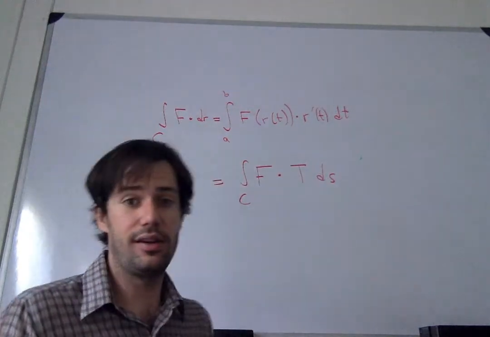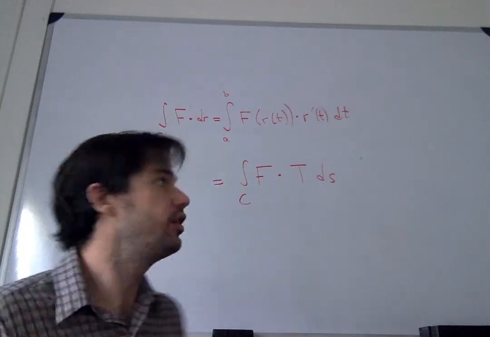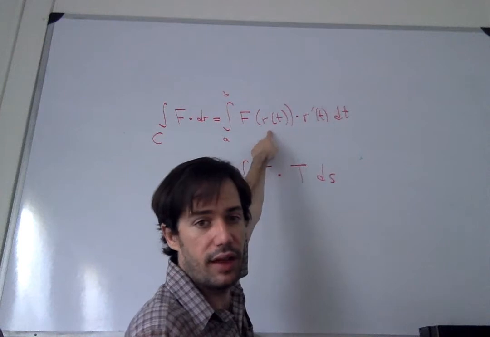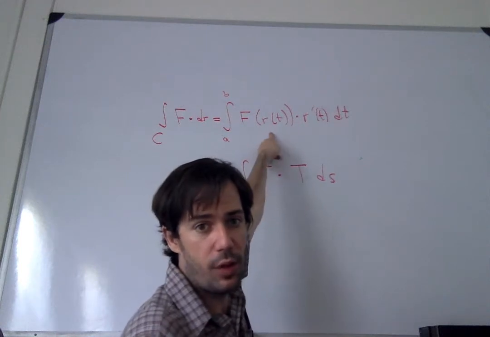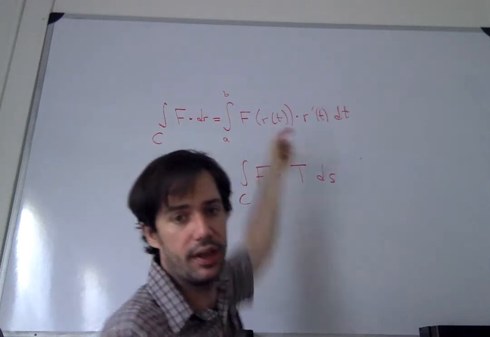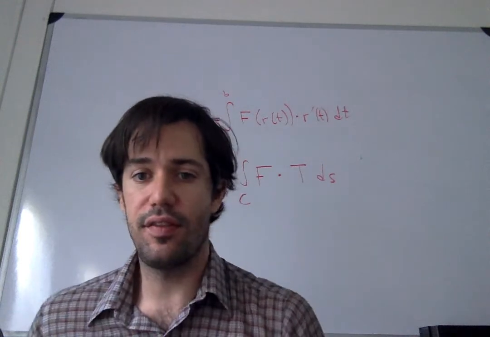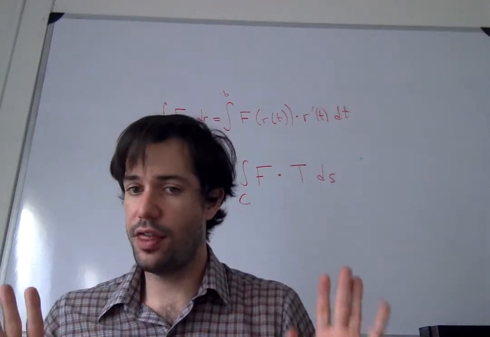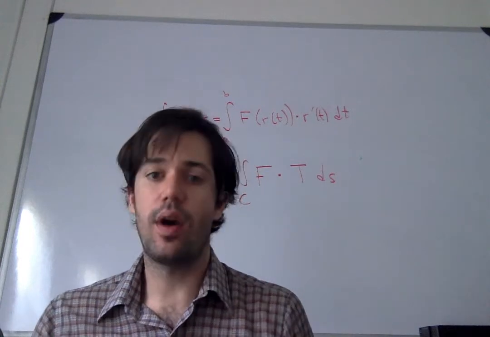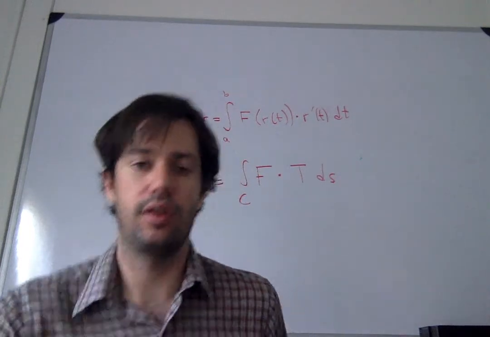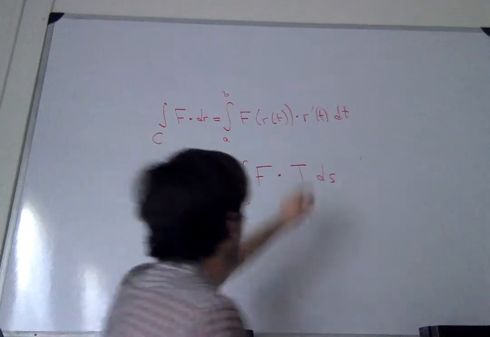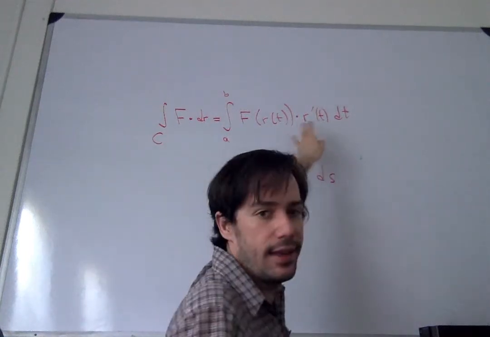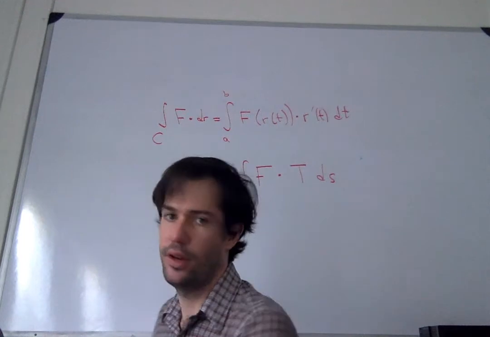Now, here's a new way to think of it. So rather than x(t), y(t), you just put the whole thing as a curve r, right? So r is just the vector version of x and y, okay? Nothing too complicated, or x, y, and z if it's in 3 dimensions. So you have x, y, and z. Here it is. And then this r prime t dt, that's just your